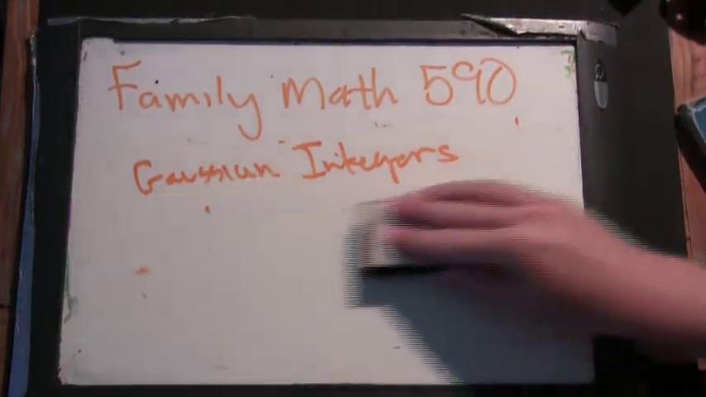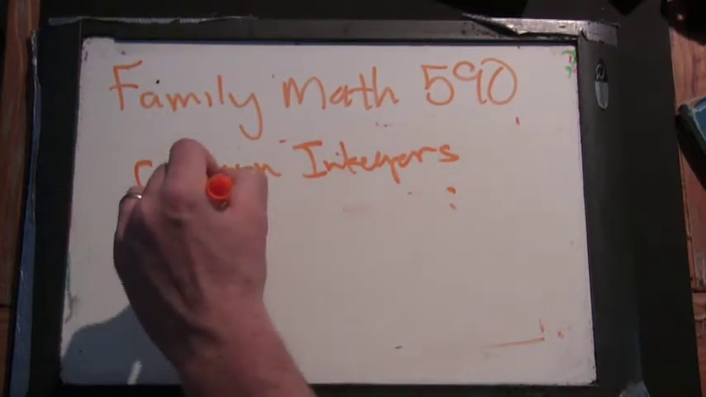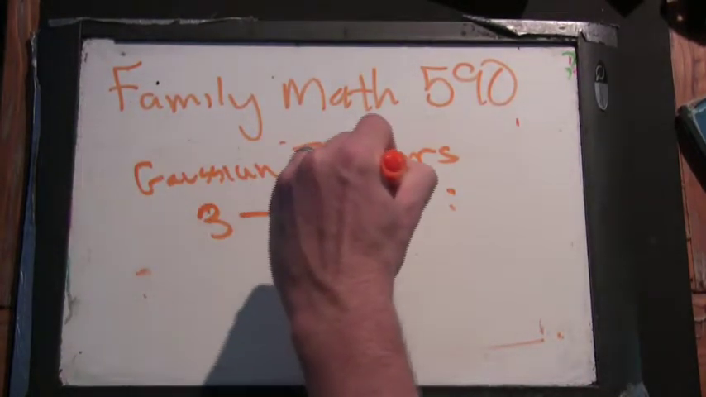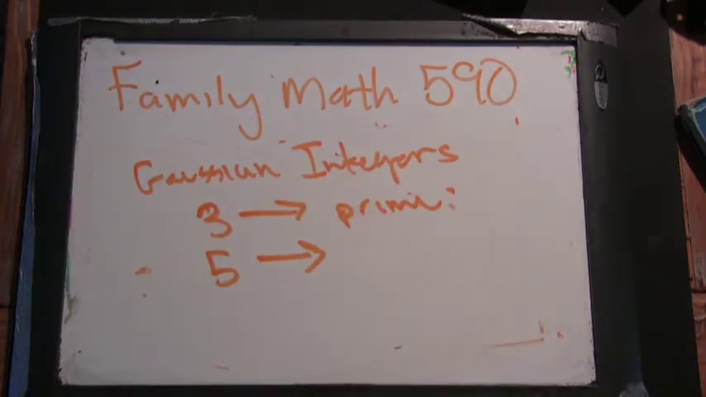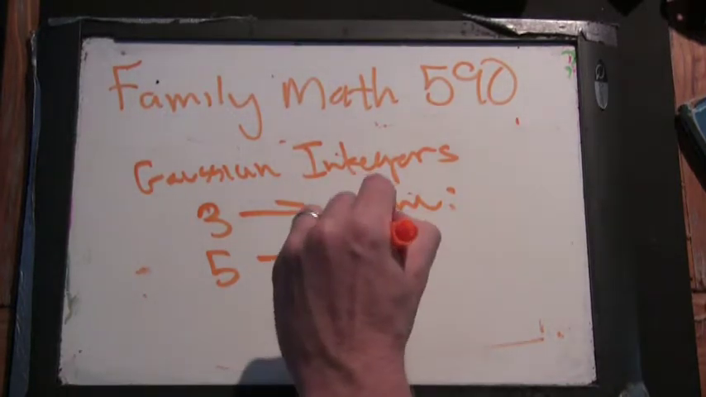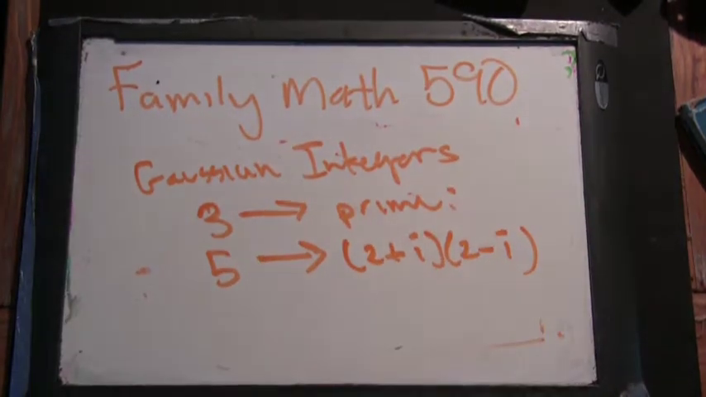But not all primes that we know before stay being primes. 3 is prime. 5 is not, though. 5 can be factored in this setting. How? It's 2 plus i times 2 minus i. And he went through a really interesting example to figure out all the ways that you can